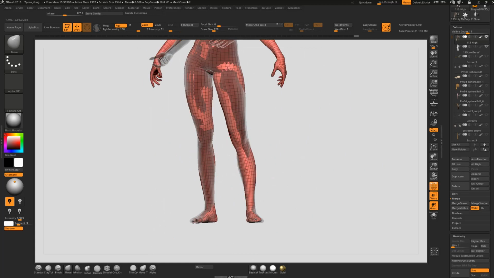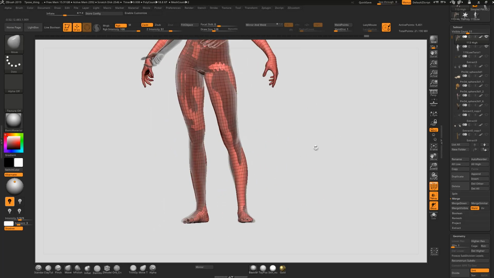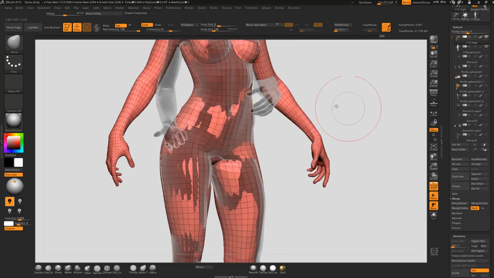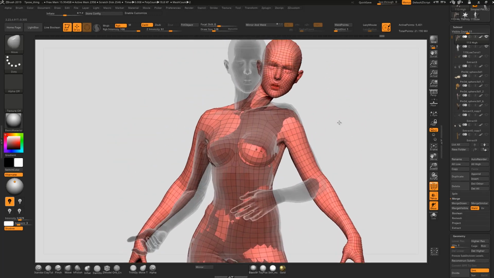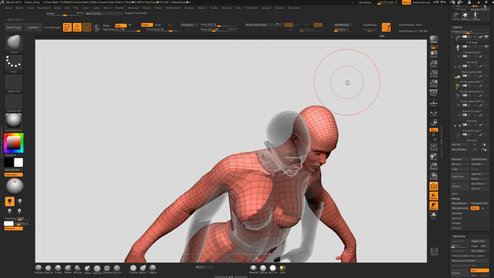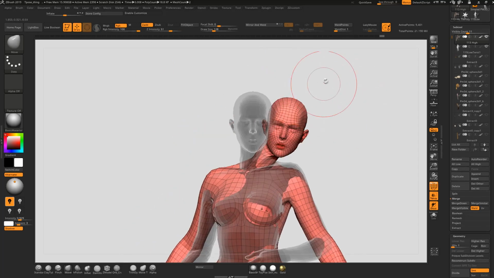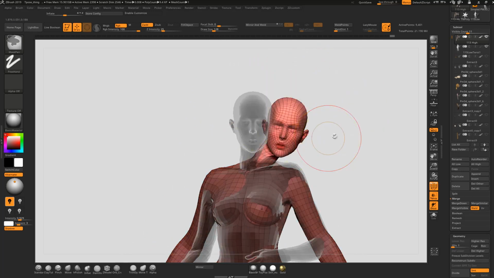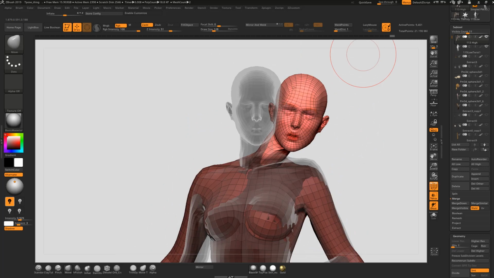And it's kind of going in the same way. We may fix it later when we turn on everything else. We'll see. So the head. God. So I forgot the mask of the head, and now the head is like whatever. It's not very good. So maybe we should Control Z a few times, or